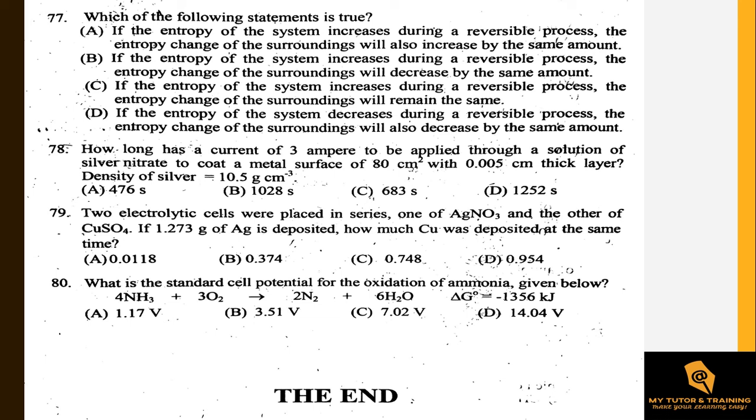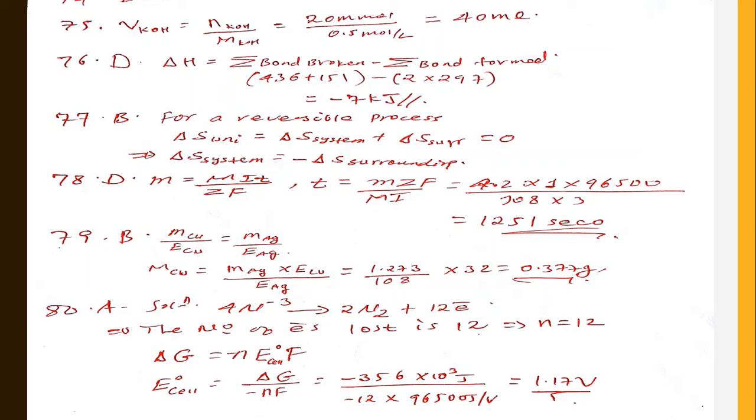And the sum of this delta S universe and delta S surrounding are always what? 0, it is 0. This means delta S system is equals to negative delta S surrounding. ከዚህ አረፍተ ነገር ጋር አብሮ የሚሄደው ማን ነው? ተመልከቱ እዚህ ጋር አለ: delta S universe equals to delta S system plus delta S surrounding which is equals to 0, delta S system is equals to negative delta S surrounding ይሆናል።